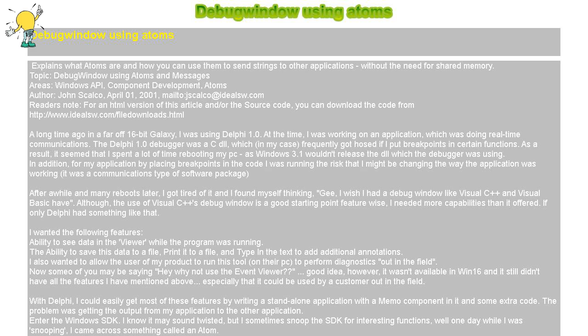By the time the message has been sent above, the atom is no longer needed, in theory, smiley face. GlobalDeleteAtom(atom);